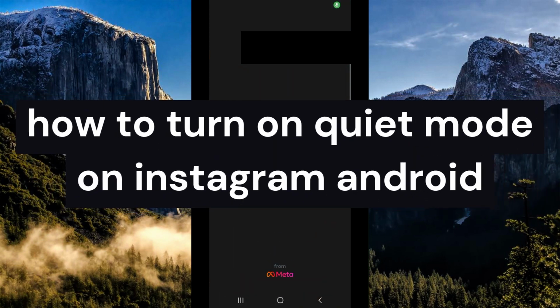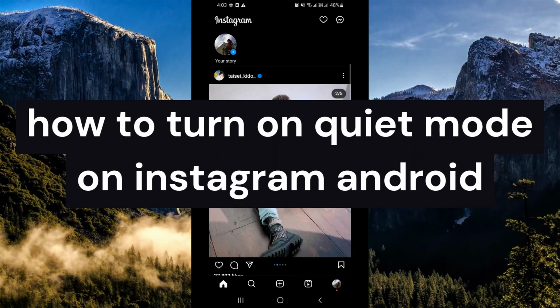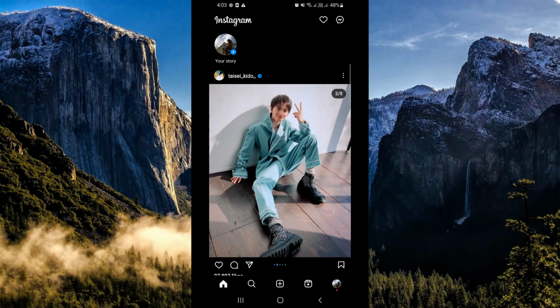How to turn on quiet mode on Instagram Android. So hi guys, the first thing that we're going to do is to simply open our Instagram application on our mobile device. Once you've opened your Instagram application, in the lower right hand corner, you can actually see your profile